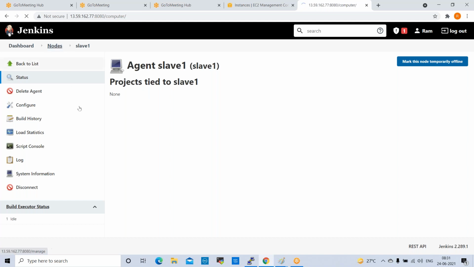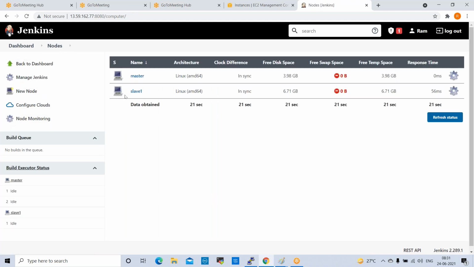Now if you check the nodes, there is no red mark. In sync means it is online and in active state, right? Fine. So our agent is integrated with the master. The slave server is integrated with the master, right?